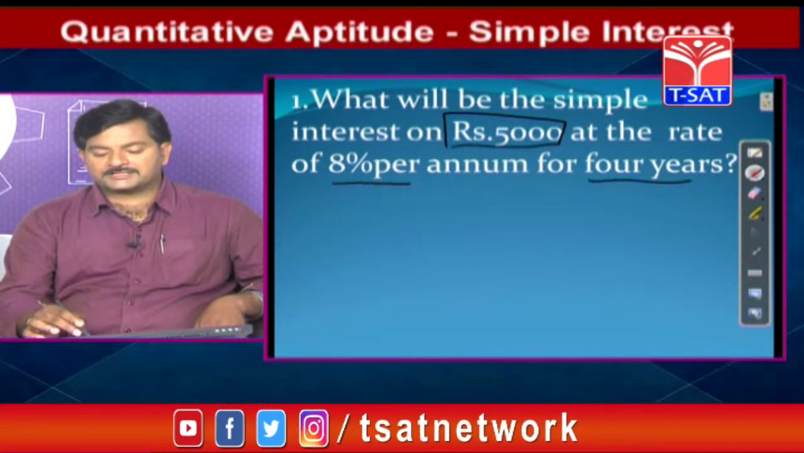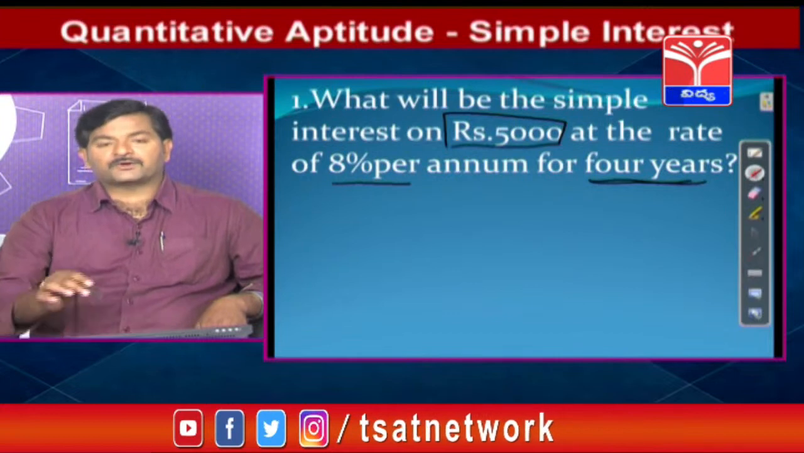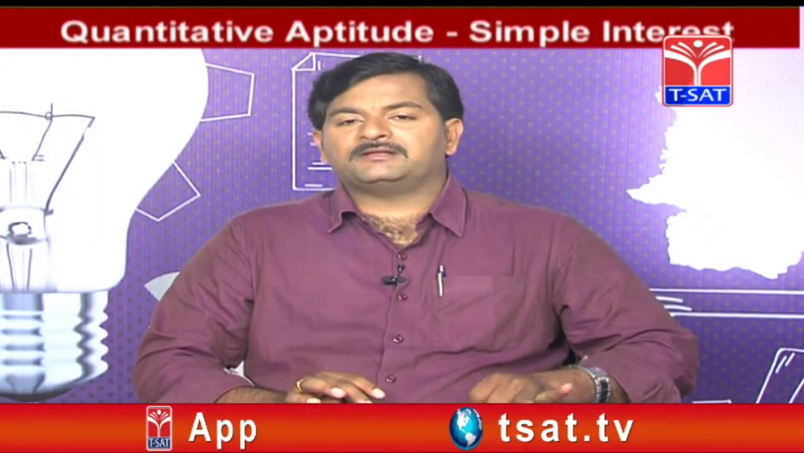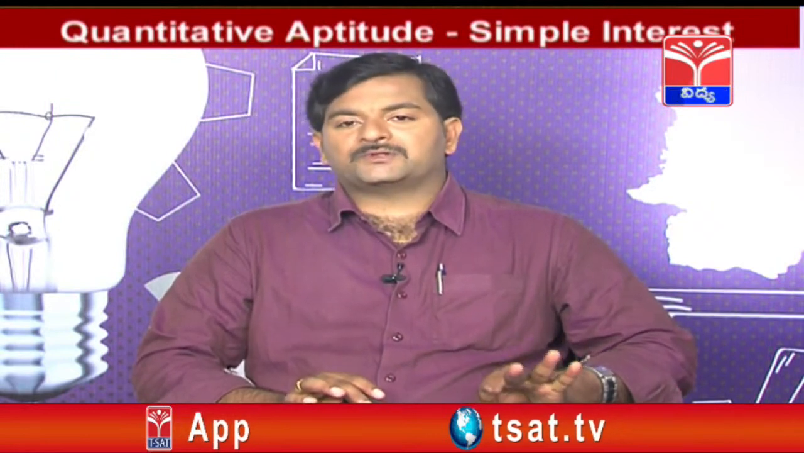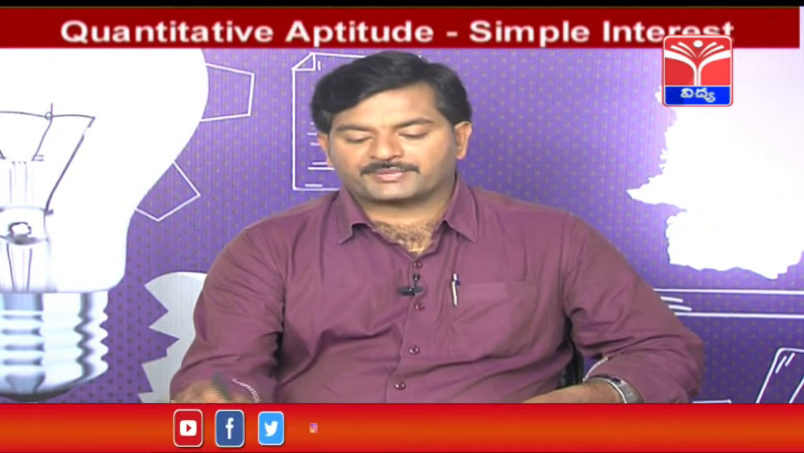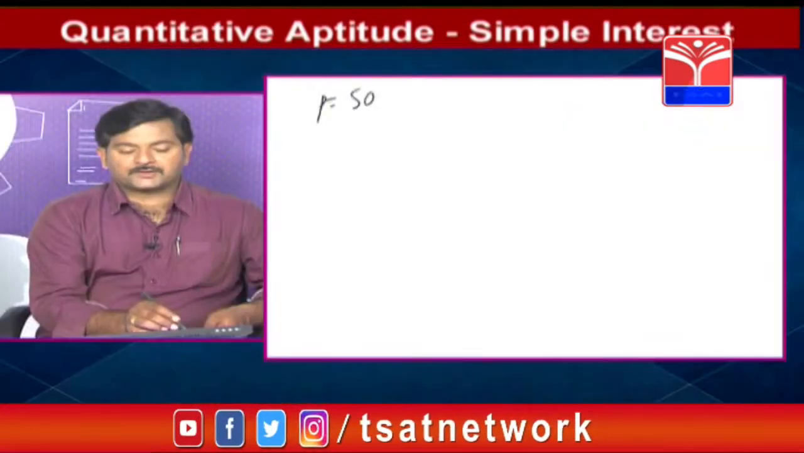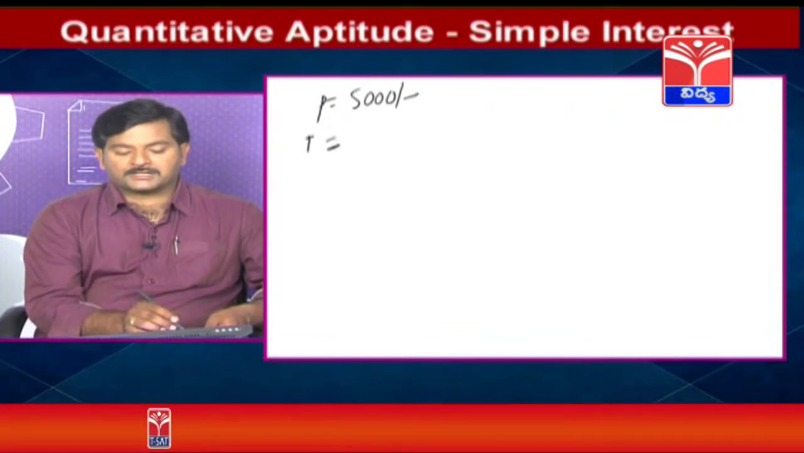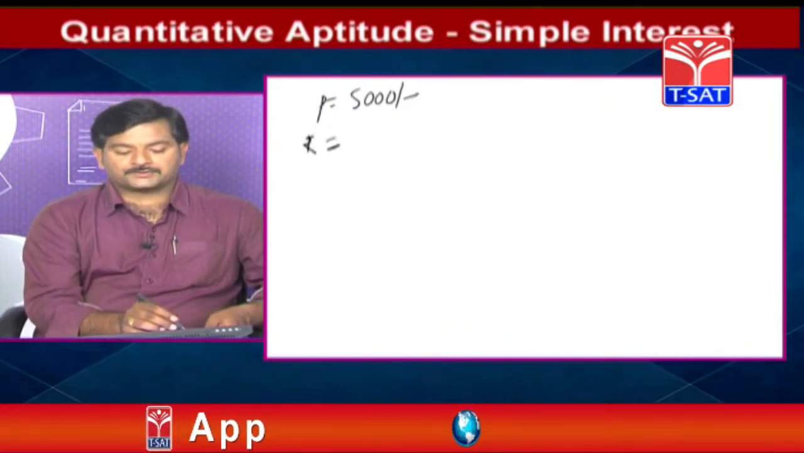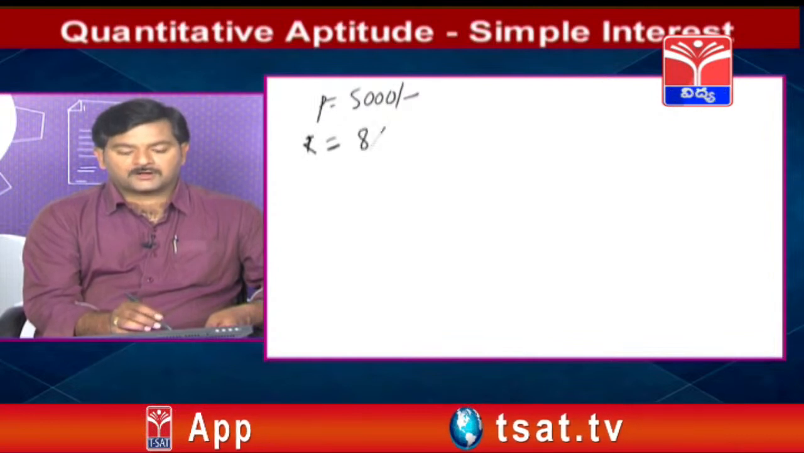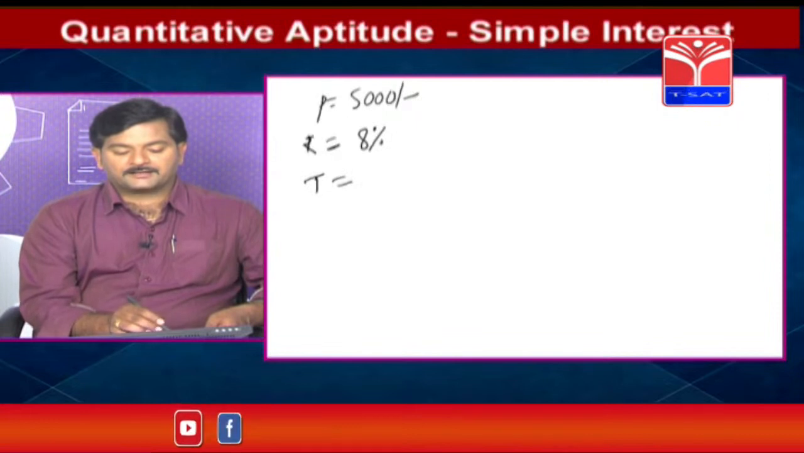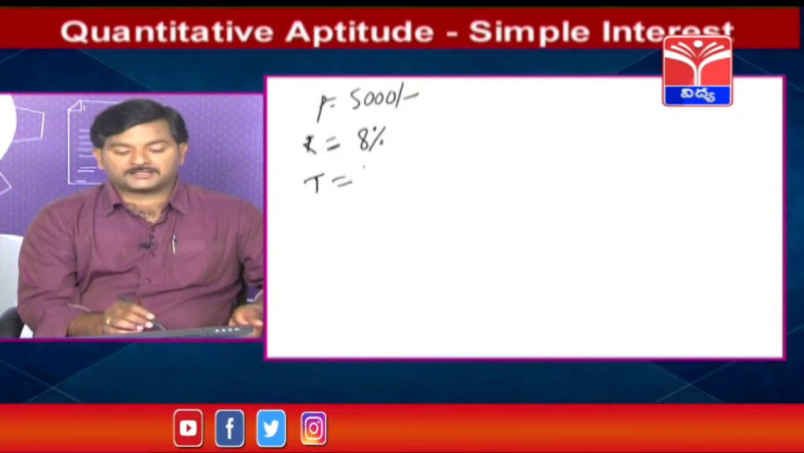For how many years is it given? It is given for 4 years. So it is very clear. P value is given, R value is given, and T value is also given. So you can use the formula I is equal to PTR by 100. P is equal to 5,000 rupees, and the R value is also given. R is equal to 8% given, and T is equal to